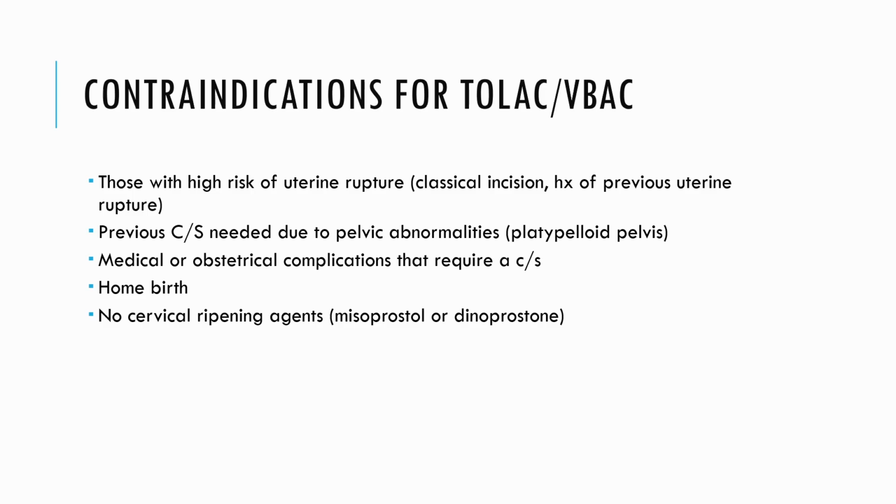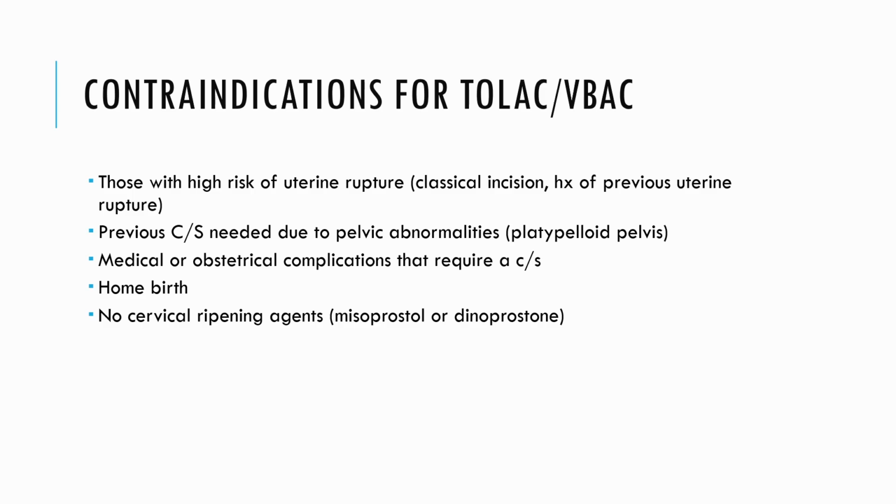If they had a C-section the first time due to pelvic abnormalities, so let's say they got diagnosed with that platypelloid pelvis. Remember, we can't change our pelvic shape, so they would recommend not even attempting to try another vaginal delivery. If there's any medical or obstetrical complications that would require a C-section,